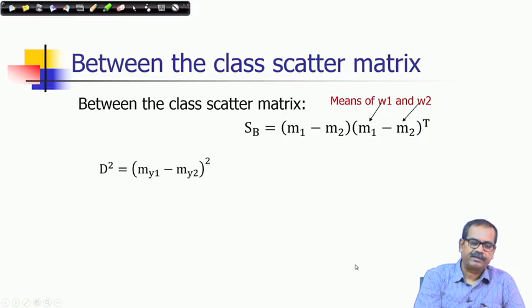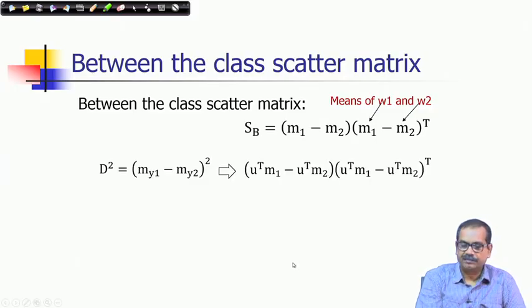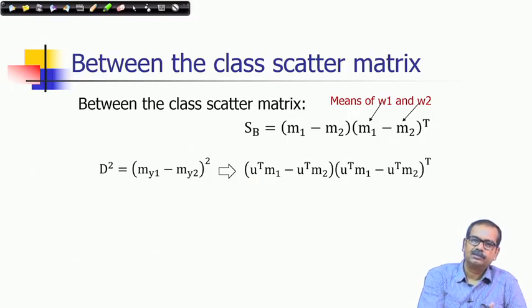The d square, which is nothing but the square deviation of two projected means, could be written in this form. Once again, conveniently we have used the outer product matrix representation for showing the square of a one dimensional term,